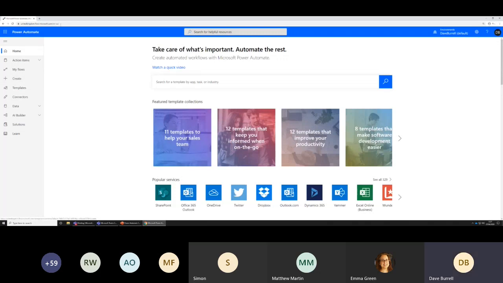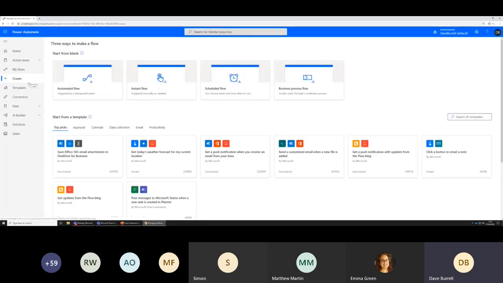Okay, so what we can do is from the left-hand panel, we can click on Create. What this does is it gives you 4 different options in how to start off your template. So you can create an automated flow. This is where the triggers come in. The 3 main options that you would use to trigger is an automated flow. This is where something happens, an action happens, so someone creates a file, and that triggers the starting point